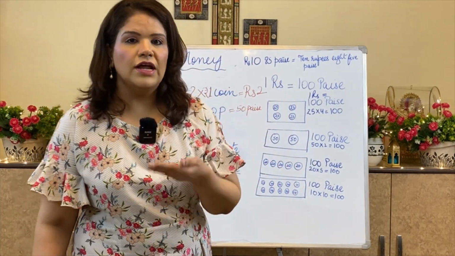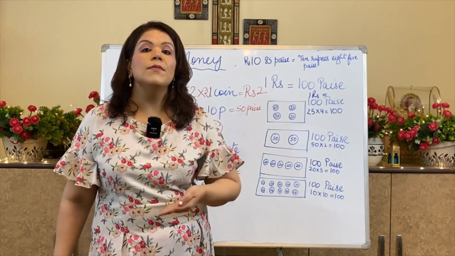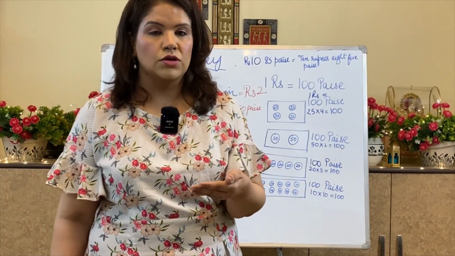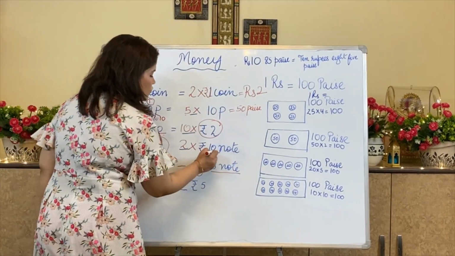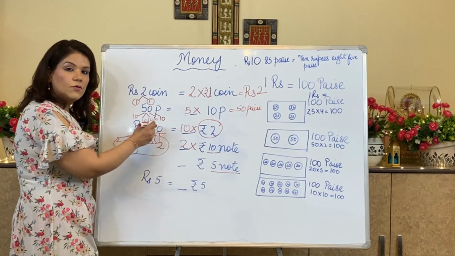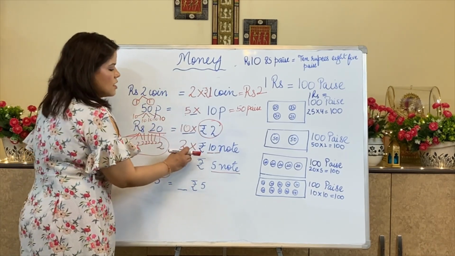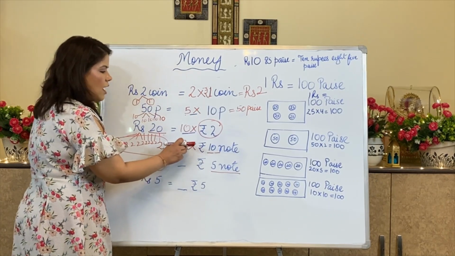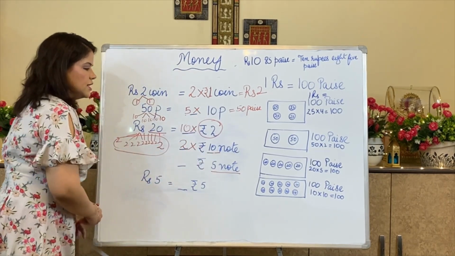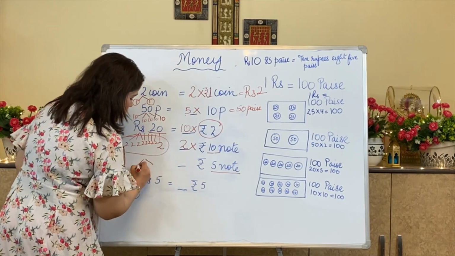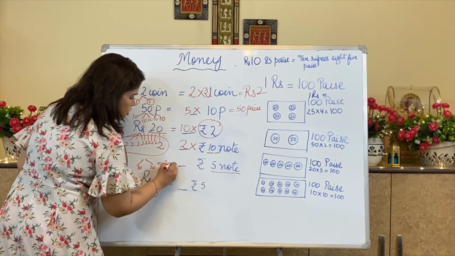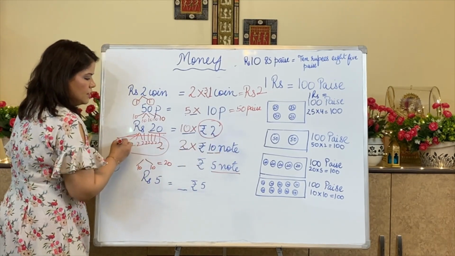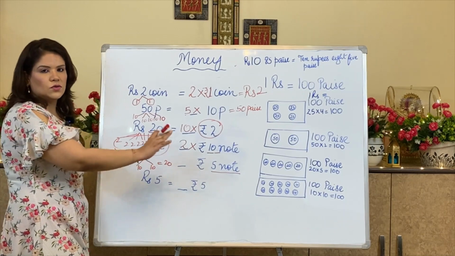That means one value is given to us, and how many more such values should we take to reach 20? We need to find this out. So you need to find out how to go from 10 to 20 by making equal parts. That means if I multiply this 10 with 2, then I am getting, you can see, 2 equal parts of 10 will make 20. This value should remain the same for all the notes.